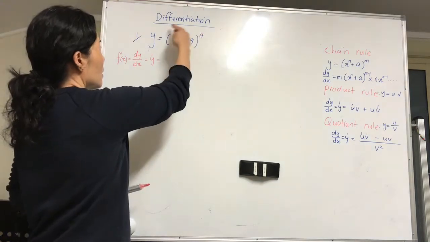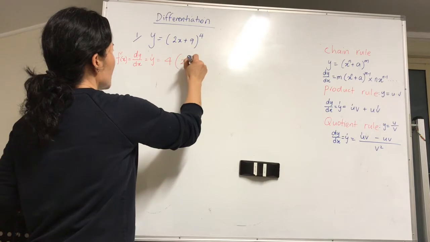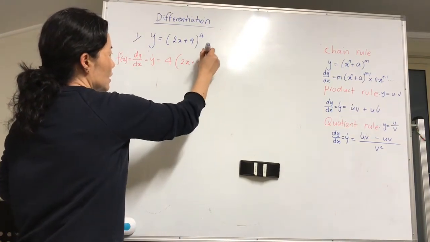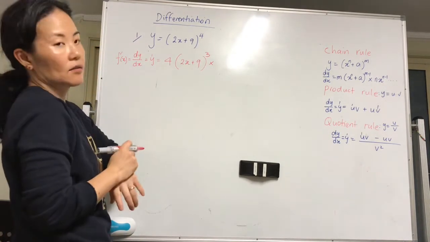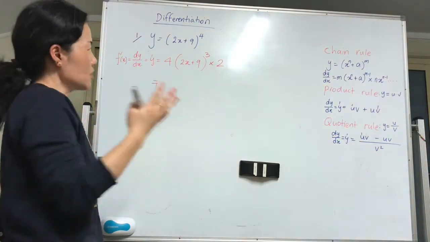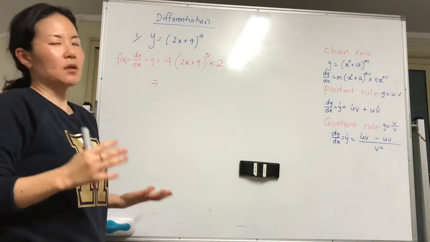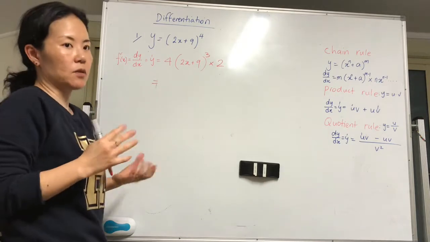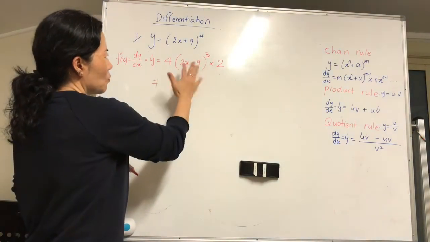You have to move the power to the front, which is 4, and then 2x plus 9 to the power of 1 less, 3, times dy/dx of the inside, which is 2x plus 9. The derivative of that is 2. Okay, so if this was 5x plus 1, what's the derivative of 5x plus 1? 5. Okay, so it's always 1 less